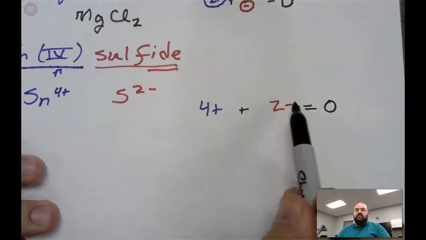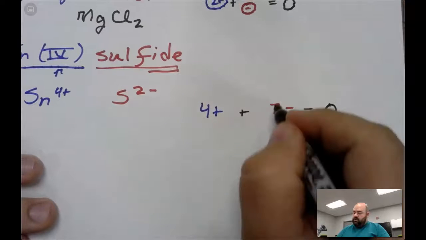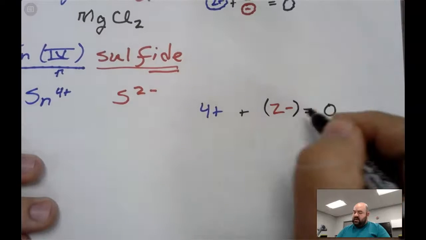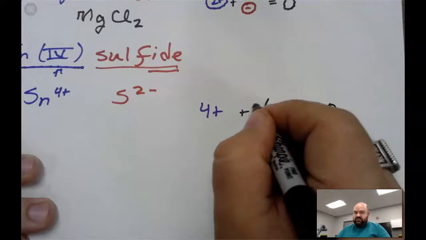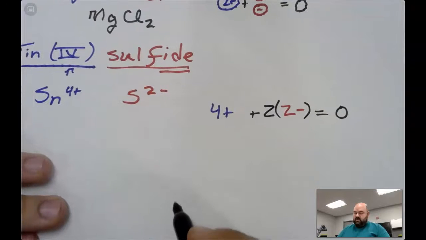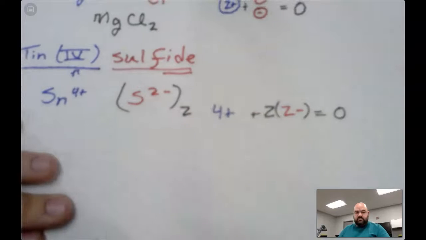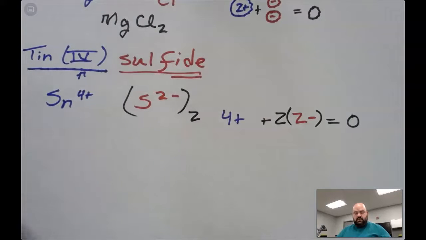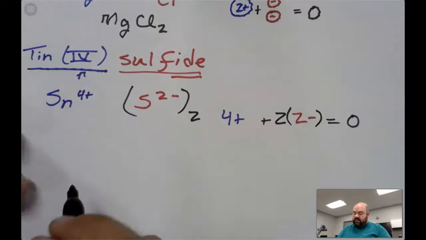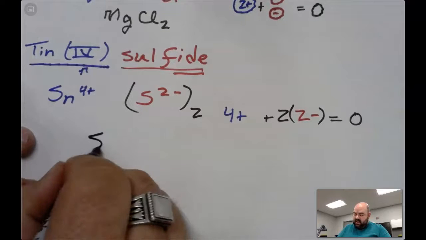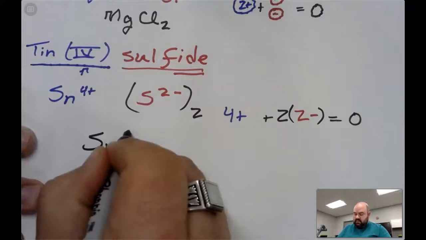But that doesn't work out that way. So it looks like what I need to do is have 2 of those. So I must have 2 sulfurs. So my final formula must be Sn